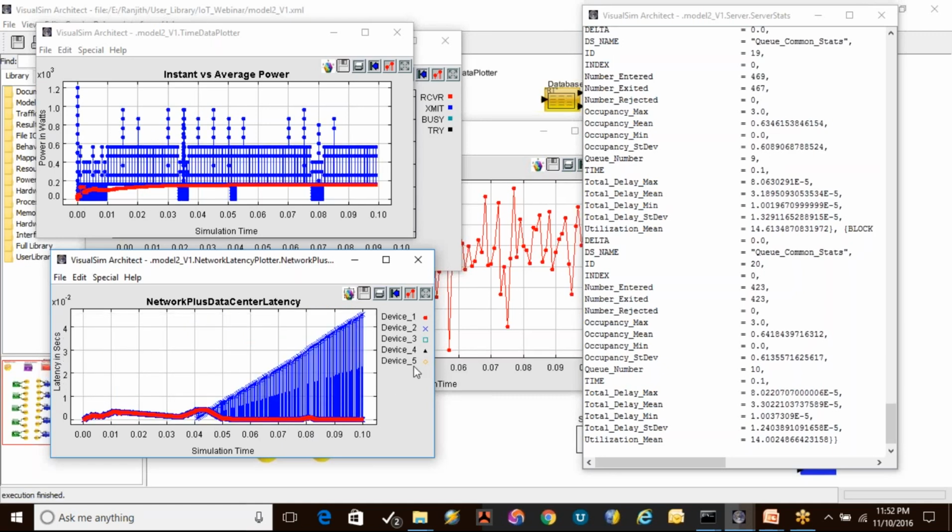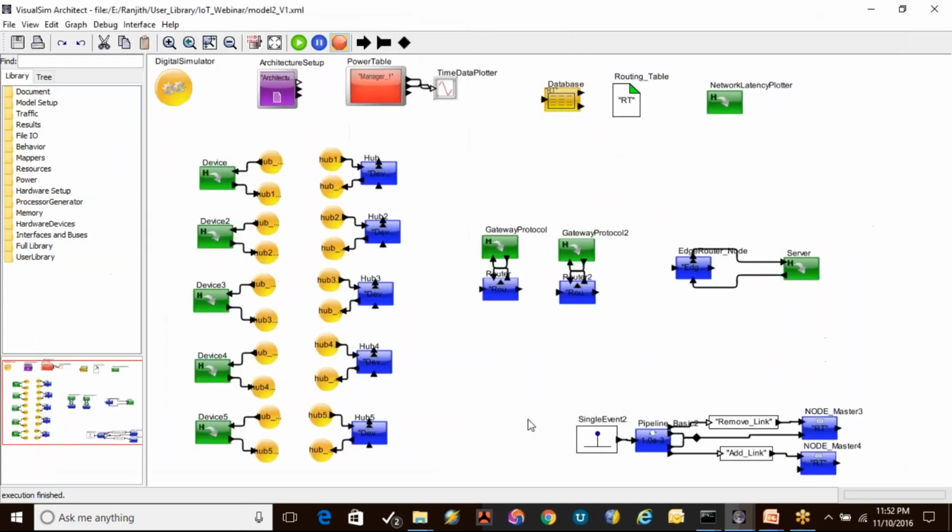But the problem is I'm actually not seeing the kind of increased latency for my device 5, but I'm looking at the problem of adding an additional node actually causing increased latency for my device 2 here. So the problem is somewhere else, and device 2 is actually having a problem. If you add an additional device over here, you can actually see an increased latency over here. That tells you that there's a lot of buffering happening in your network itself, and the solutions that